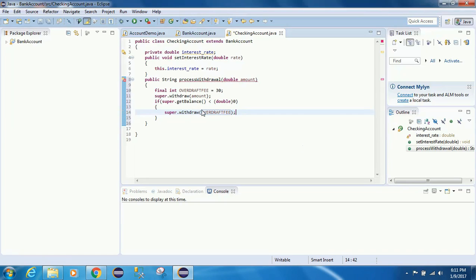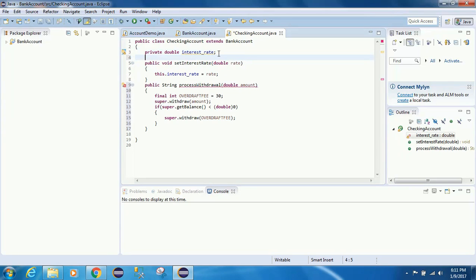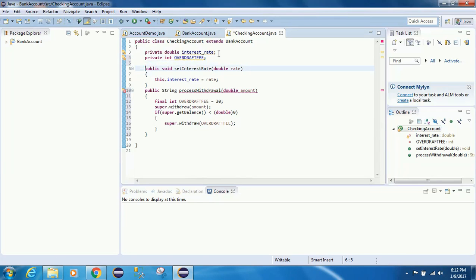Now again, remember, I defined overdraft fee at the top of the method so that the method is extensible enough in case the overdraft fee changes. I was kind of lazy in doing this. I probably should have made it a private element of the class. So I could have said private int overdraft fee,